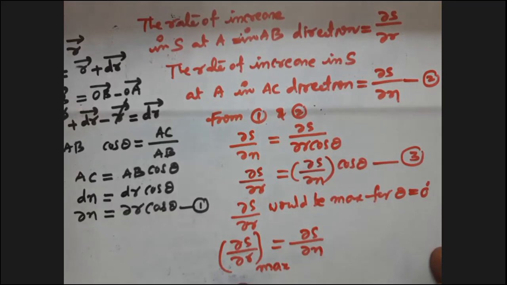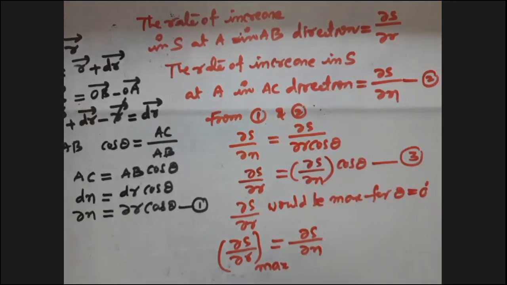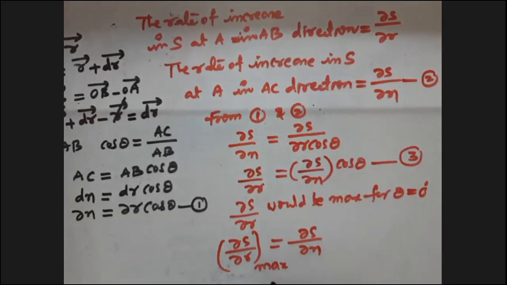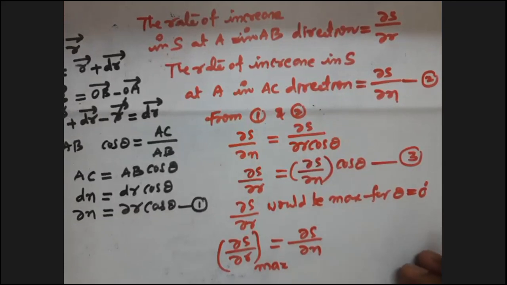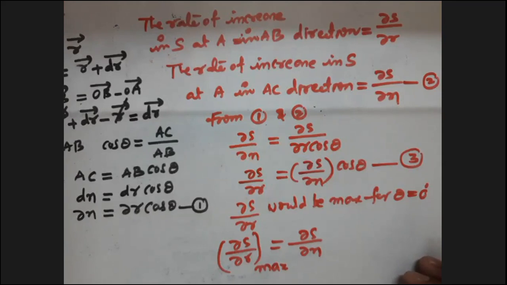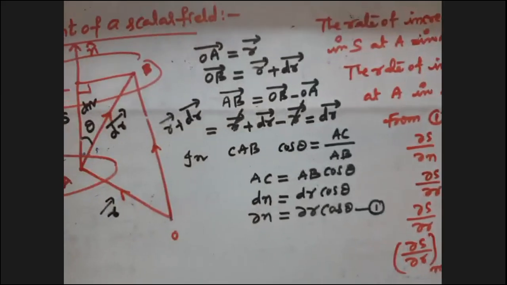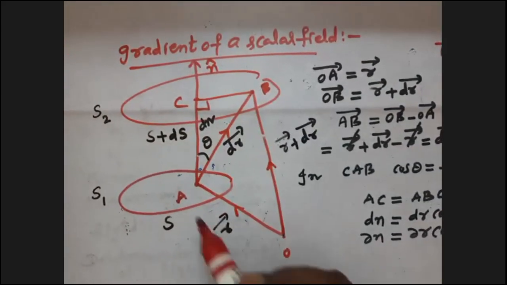The magnitude of gradient of scalar field, dou S by dou r maximum. So with this, we can define the gradient of the scalar field. How? The maximum rate of change of scalar field at a point on the level surface. The maximum rate of increase of the scalar field at a point on the level surface. So in our figure, you see the figure, at the point